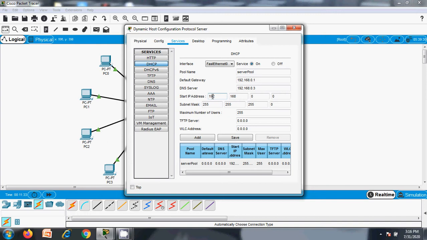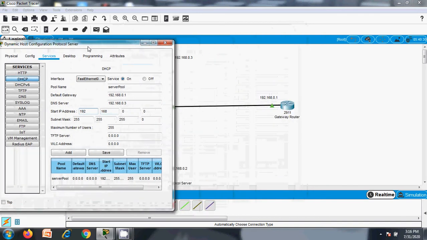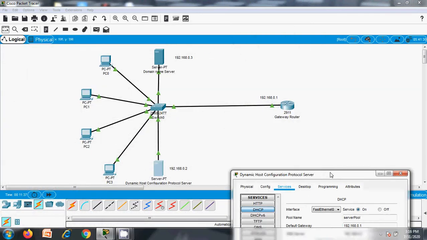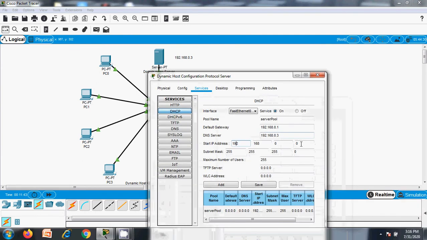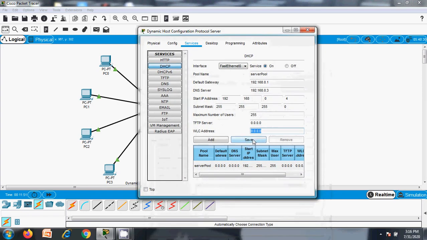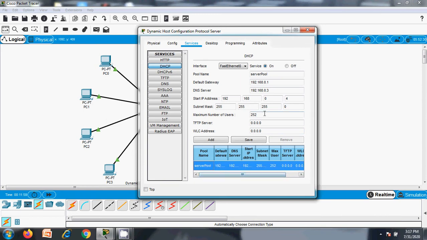You need to assign the start address, and here I have used 3 addresses in this block: 1 is used, 2 is used, 3 is used, so I need to start from 4. The subnet mask will be automatically taken. The rest of the things you need not touch, and here you need to save the entry, not add the entry. When you save, the entry will be changed and everything will be fine.